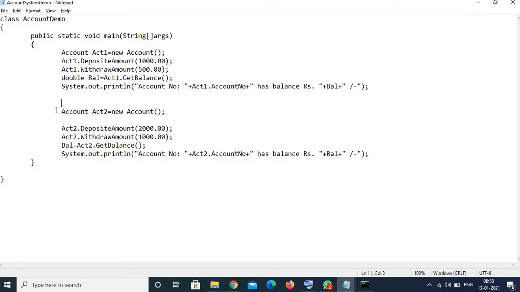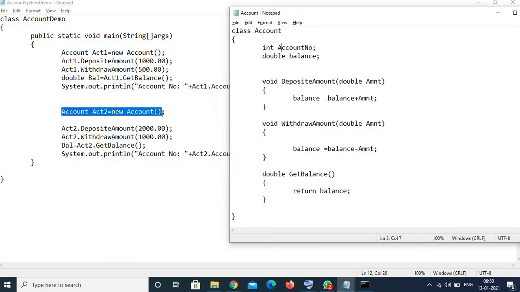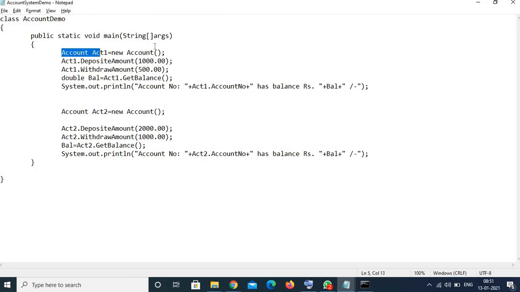Next we are creating the second object, ACT2. When we create ACT2, again these instance variables would be created in memory, and hence they are called instance variables. They will have separate copies for every instance you create of that class. Hence the copies created while creating ACT1 would be kept as is, maintaining always the data of ACT1.